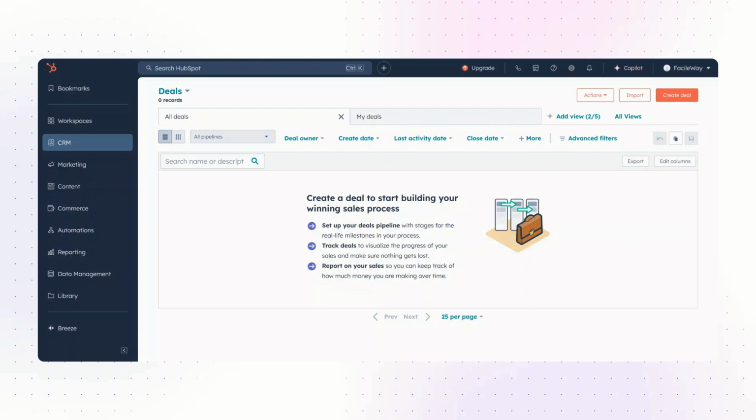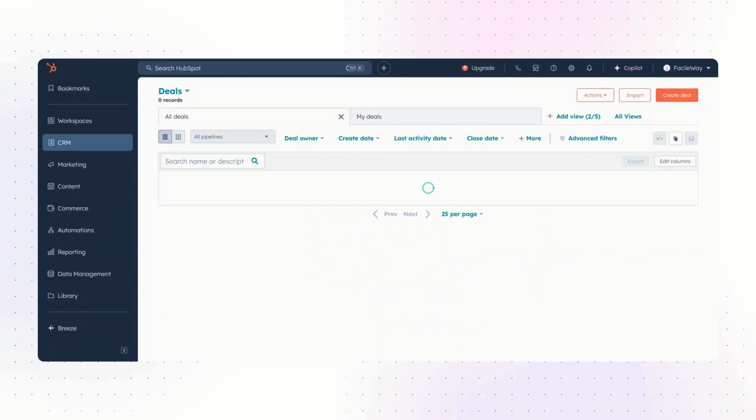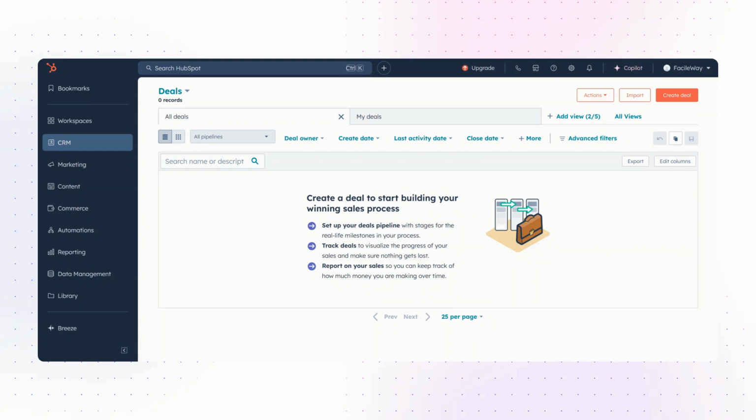Next up, let's talk about deals and pipelines. This feature is fantastic for managing your sales process. Your sales pipeline is essentially a visual representation of your deals at different stages. HubSpot allows you to create multiple pipelines to organize various workflows for different products, services, or sales teams. You can customize your pipeline stages, whether it's lead, negotiation, or closed won, and you can do this with just a few clicks. You can drag and drop deals into different stages as they progress. I will show you how you can do this.